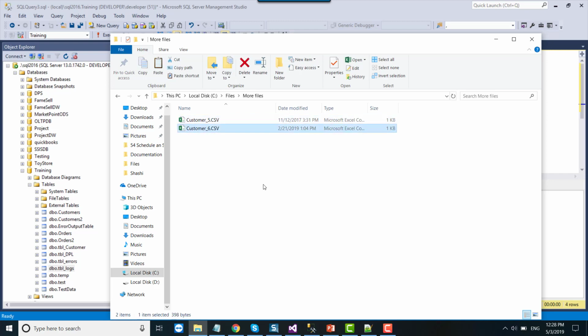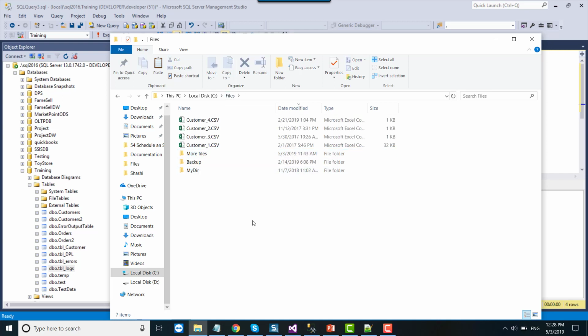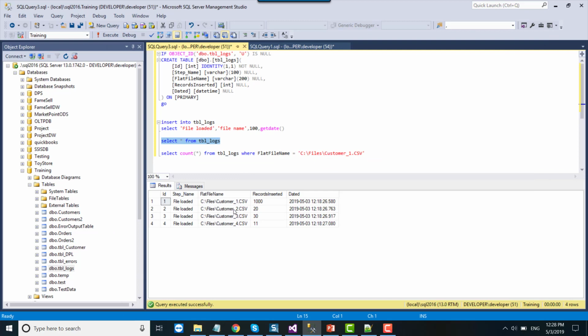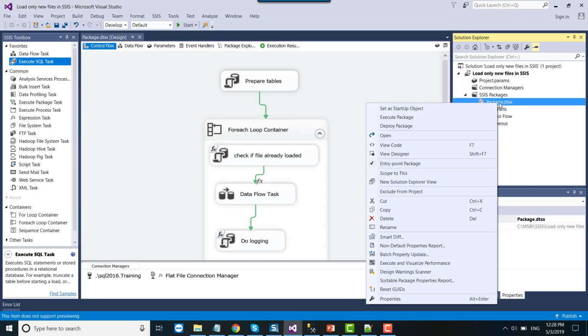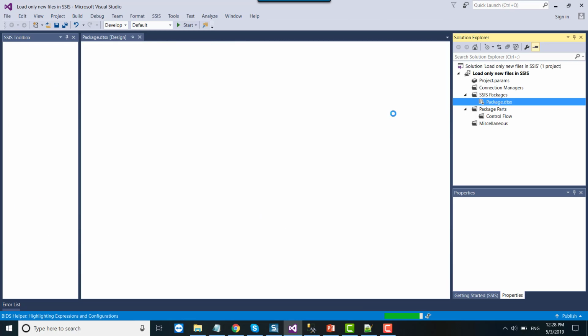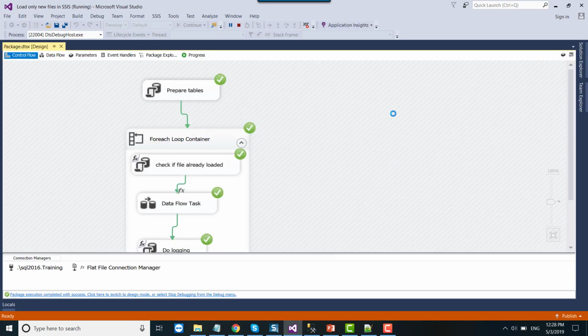For example, if you are loading files with a particular date timestamp, each day's file should have a different date, so we can easily figure out what the new files are. So we can paste the new files here. Now we pasted 2 new files, 5 and 6. Alright, and we have loaded so far only 4 files. So if you rerun the SSIS package, then it should load only file 5 and file 6.